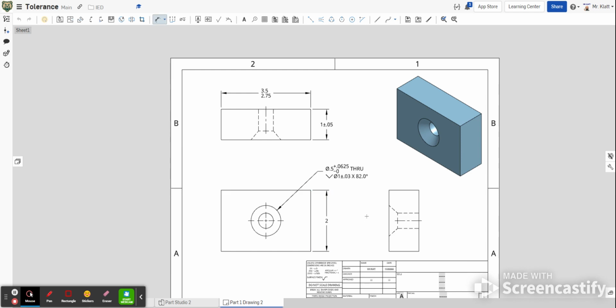Okay, so that should be everything you need to know about tolerances, at least using them in Onshape. If you're not sure what I'm referring to with tolerances and you're a student of mine, please refer back to the slideshow presentation in the